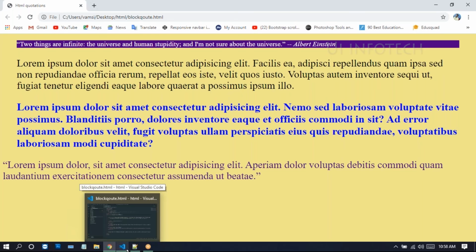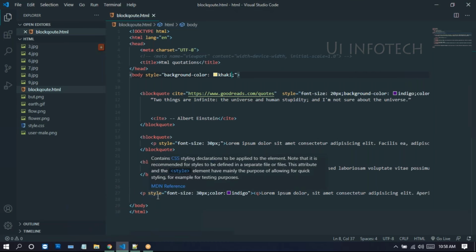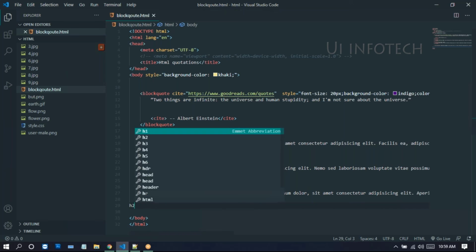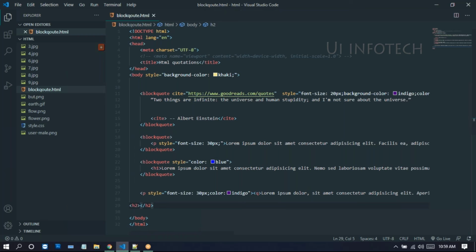Now we can go for the ABBR tag, abbreviation. The abbreviation will give the full name of the abbreviation. So here I'm taking H2. Inside of H2 I'm writing W3C stands for World Wide Web Consortium.